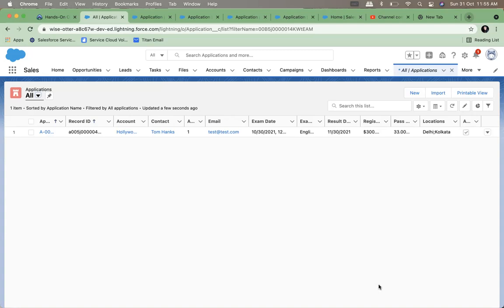Ask yourself, what kind of data does it need? Because the cleaner data you input, the more usable it is. If somebody puts bad data in email and there is no check, then your business will be obstructed at some point. In number of attempts, somebody has put BC. So what will you do with that data? You do not know what is the number of attempts they are basically taking for this application.